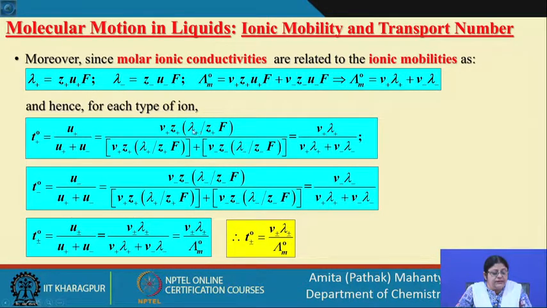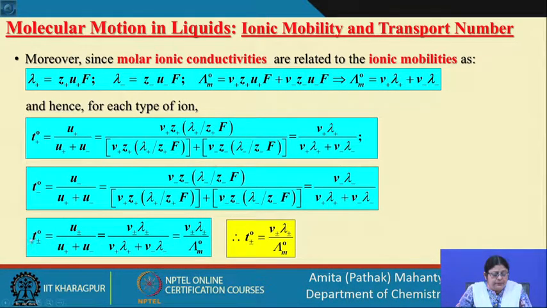So, I have replaced u in terms of lambda divided by ZF. This Z and this Z are going to cancel off. So, what you are left with is nu into lambda plus divided by nu and lambda plus of the cation and the anion. So, if you see what we have got